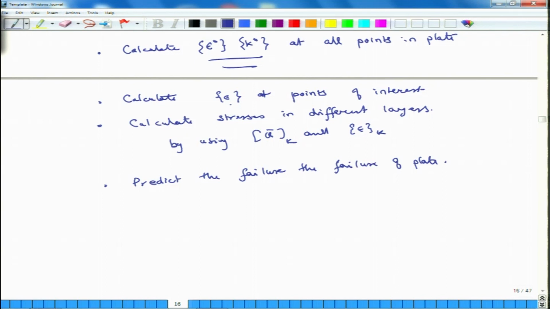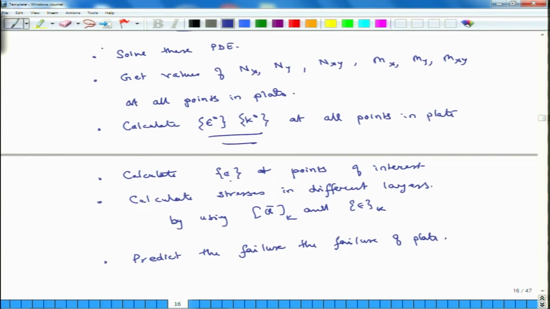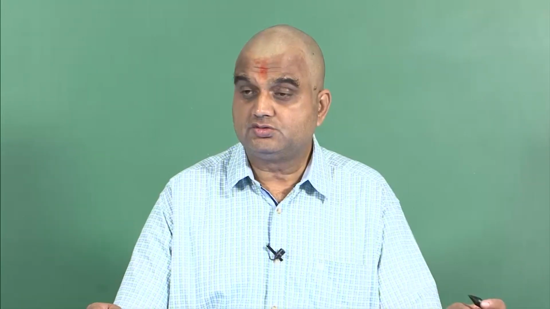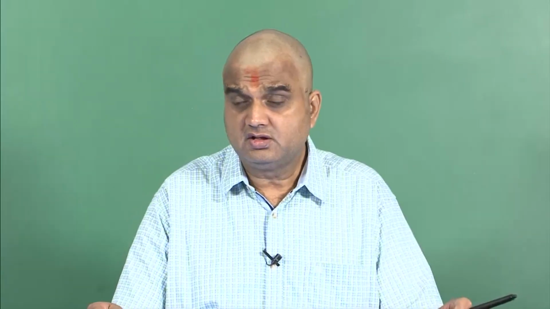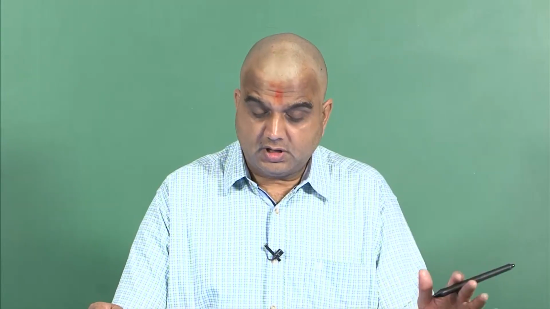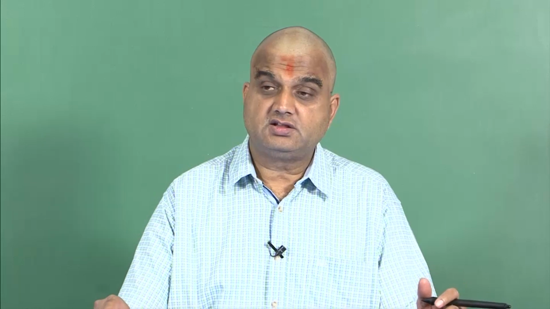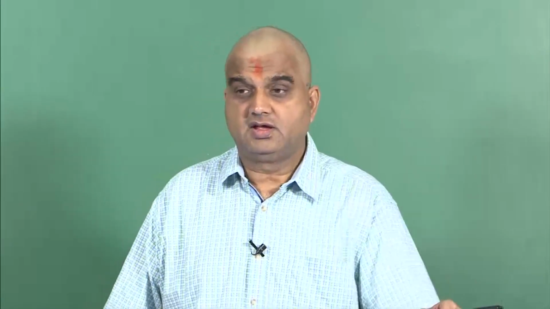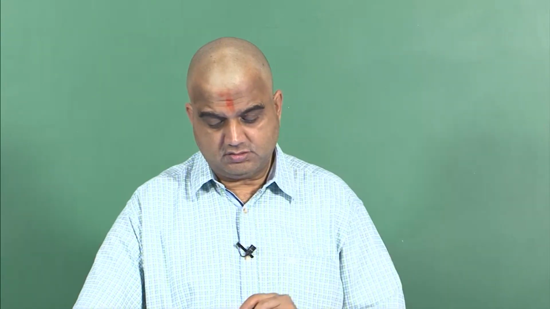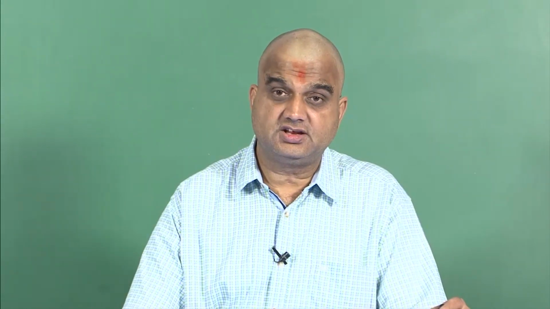So, this is the overall process. You start with partial differential equations, solve the partial differential equation, you get nx, ny, nxy, mx, my, mxy. Once you have knowledge about these moment and force resultants, using these force and moment resultants you compute mid-plane strains and mid-plane curvatures at different points in the plate, or actually at all the possible locations. Once you have that, then at every cross section you can calculate how strain is varying along the thickness of the plate, and that will help you calculate stresses in each layer of the plate, because then you can find epsilon k and Q bar k, and you can calculate stresses in each layer of the plate,